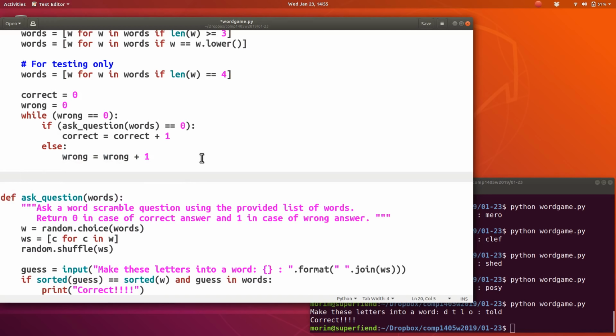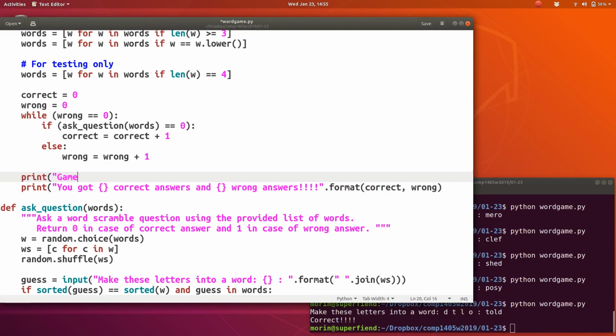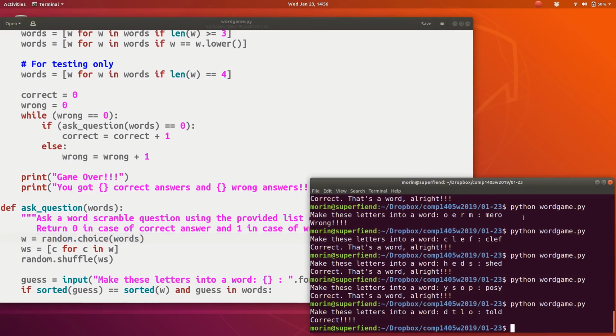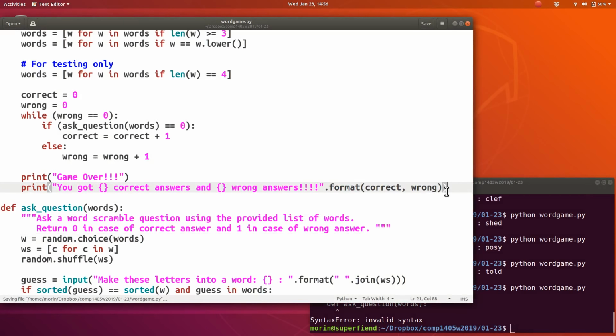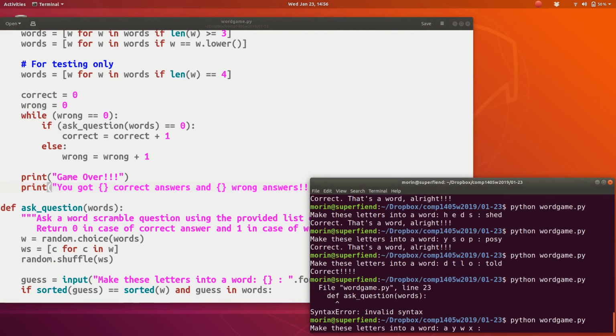And maybe at the end of the game we can print their score, and the score is just the number of correct answers. Okay,